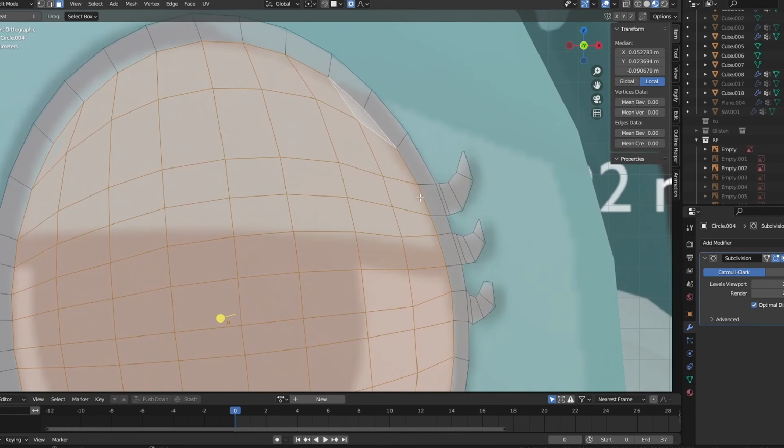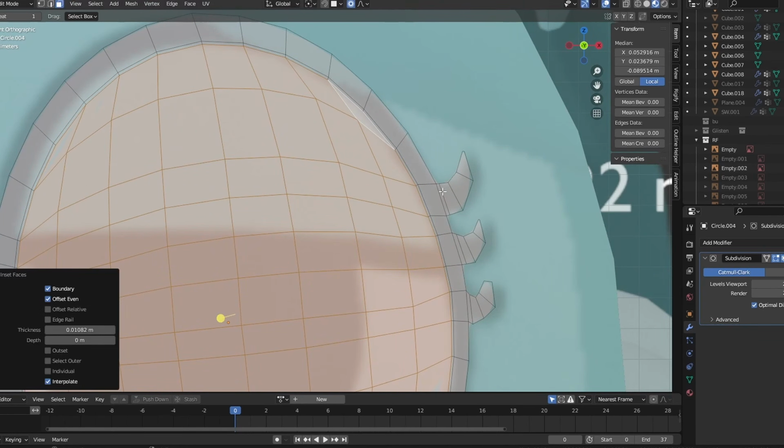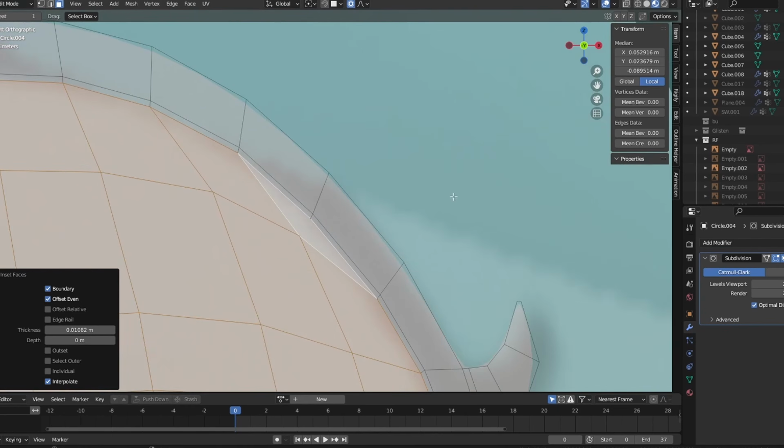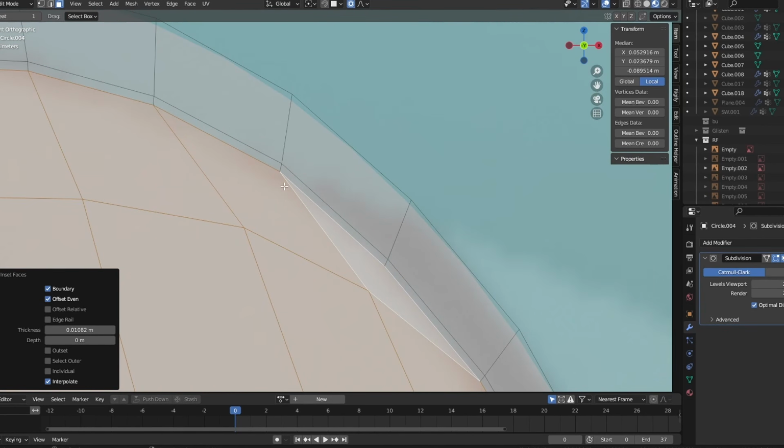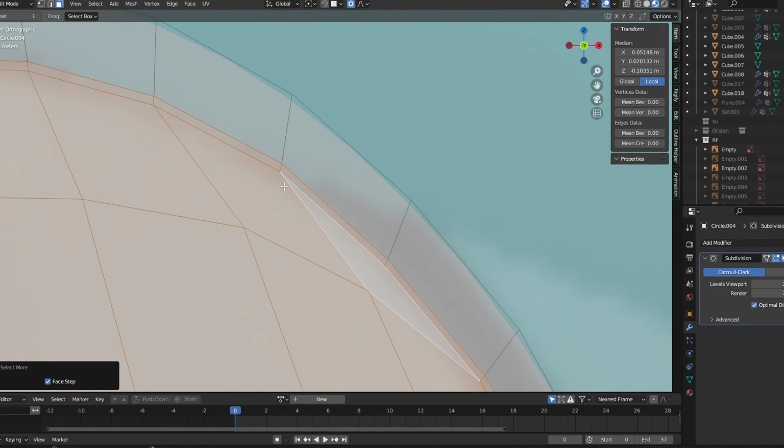And we're going to hit I to inset it just a little bit. Don't do too much, just a tiny amount, just so we have this little support loop. We're going to then hit Ctrl Shift Plus to enhance our selection. Either that, or if you don't have a numpad on your laptop, you can also hold Alt, Shift, Alt, and